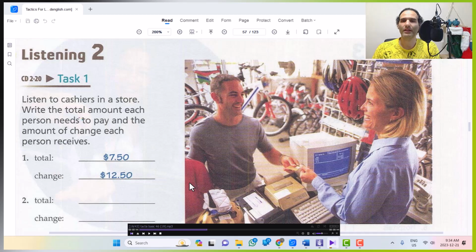Good. Number 3. Yes, can I help you? Okay, let's see. The newspapers are $1.50 and the magazines will cost another $8.15. Yes, so that's, let me see, $9.65, right? Here's your change, $10.35.